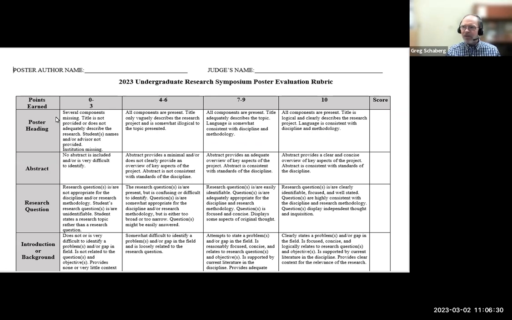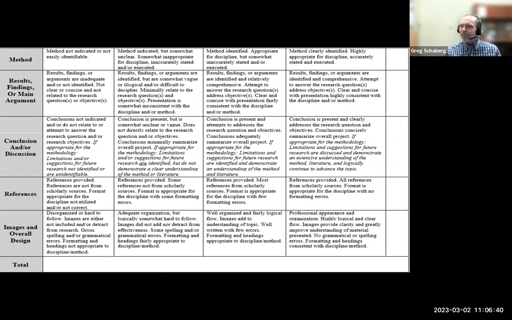The areas that the judges will be looking for, again, are poster heading, abstract, research question, introduction or background, method, your methodology, how you set up your study, results, finding or main argument, a conclusion and or discussion,